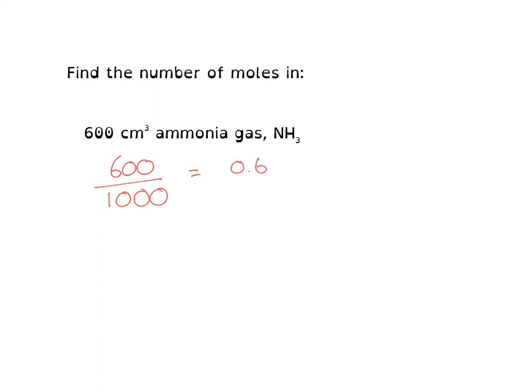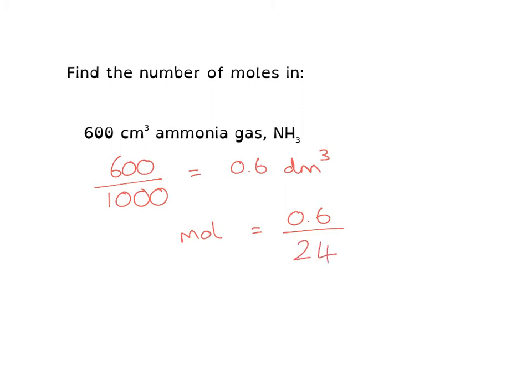So that will give me 0.6 decimetre cubed. Now that I have my number in decimetre cubed, I can do exactly what I did before. Number of moles is my volume in decimetre cubed, 0.6, divided by the volume in decimetre cubed that 1 mole of gas takes up,